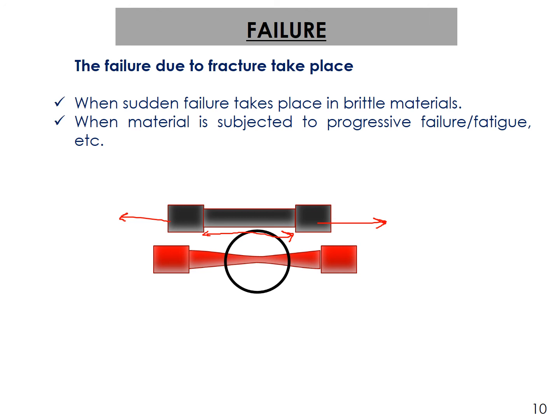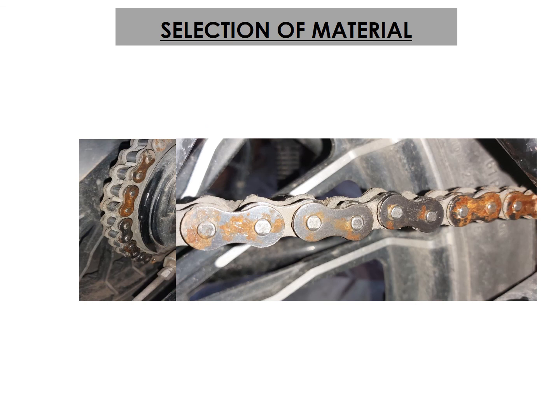So that's what I want to discuss here. Let me give one more example. This is on the slide. You can see it's a bike chain. So I will take it as an example. See, these bike chains are made up of ductile materials only. You will never find a bike chain made of brittle materials. So see, selection of the materials safeguards your design also.